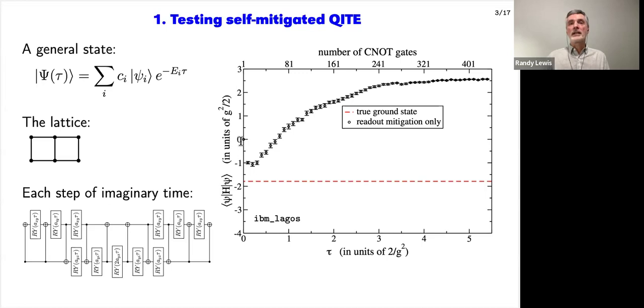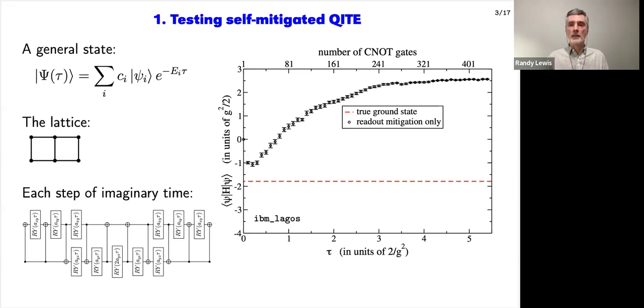But it's interesting to see that when we run on IBM Lagos, publicly available until recently, we actually never obtain the correct result, even just for this 2 qubit system. We start at a height of 0, that's the choice of our initial state. After one step of imaginary time, we get closer to the dashed line, but then with more steps, we hover around the same point, and then the data start wandering in the opposite direction, further and further away from the true result. And you might say, well,